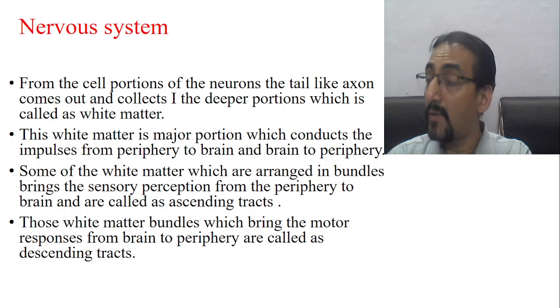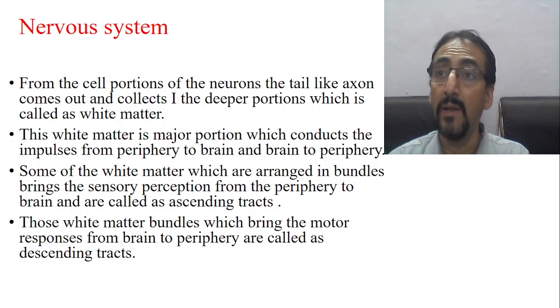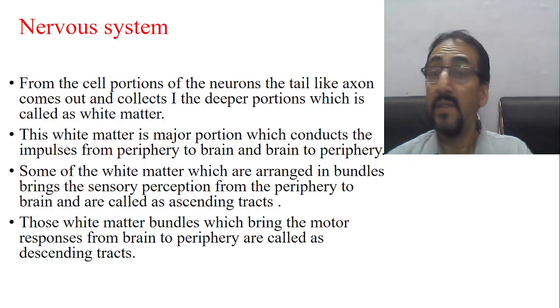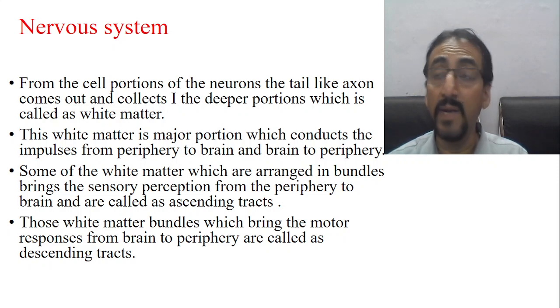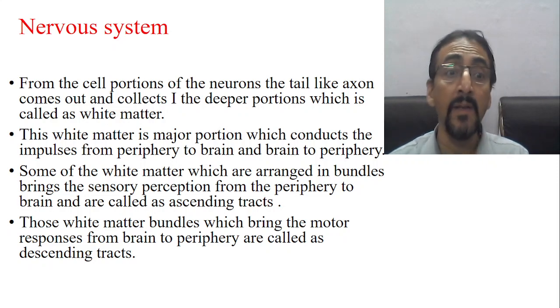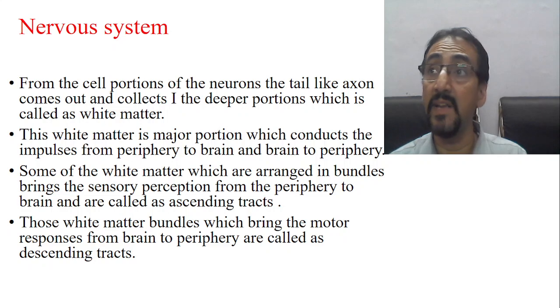So that means all the peripheral nerves, what are they actually? I can take the radial nerve, ulnar nerve, this nerve, that nerve, spinal nerve. They are nothing but white matter. They are all the tail portion of the neurons. Now, this white matter is a major portion which conducts the impulses from the periphery to the brain and brain to the periphery. Some of the white matter which is arranged in bundles